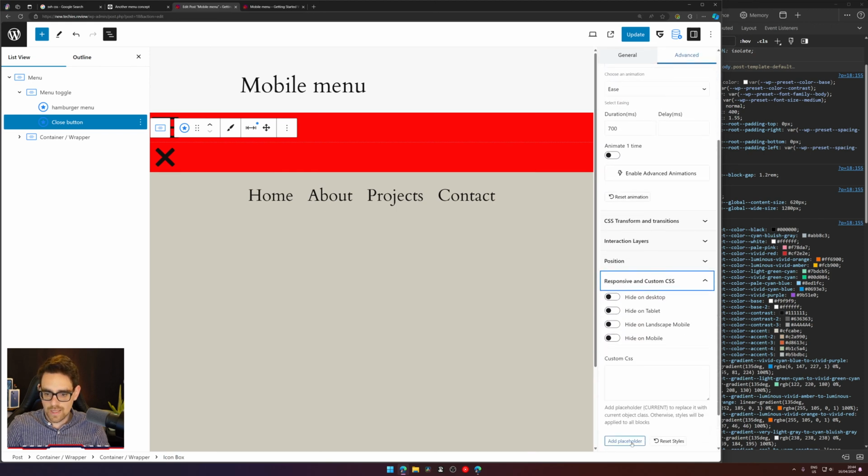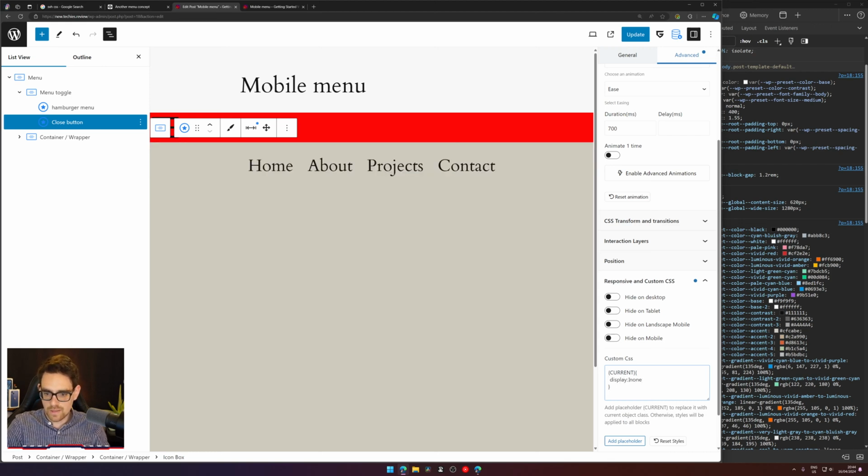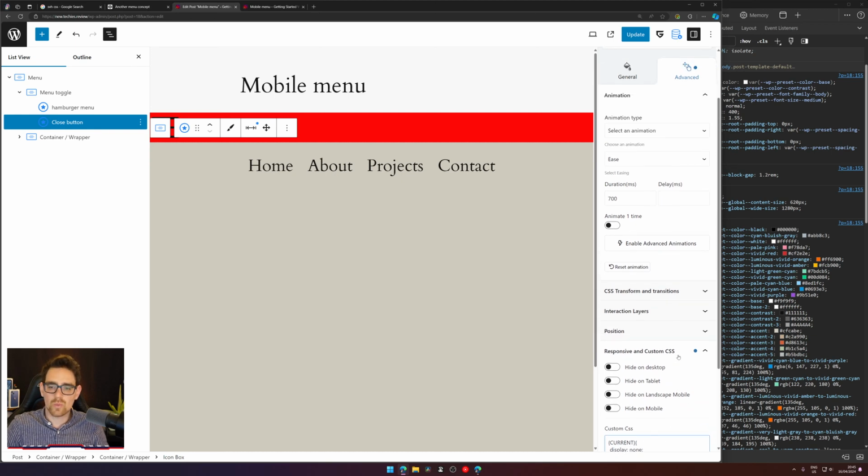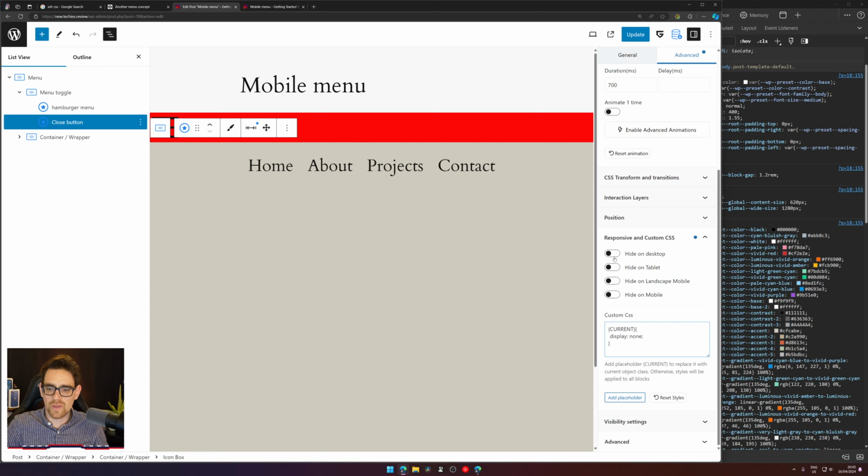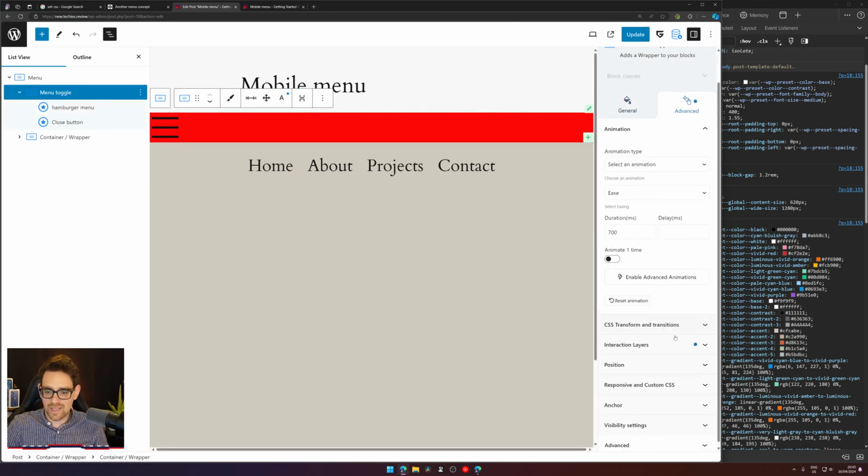But I guess we can't set it to hidden by default. Display none. So if you enter in current, and you can do this by add placeholder, you will select the current block and you set a display to none, so it will not be visible. Similar to this one on hide on, and then select everyone, but this one will take care of all of it at once. So I hope that when I